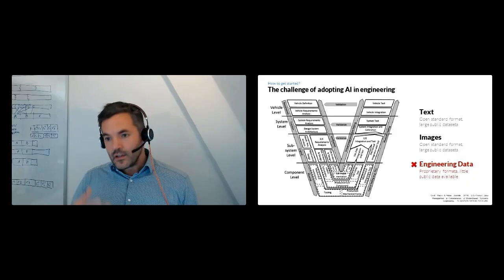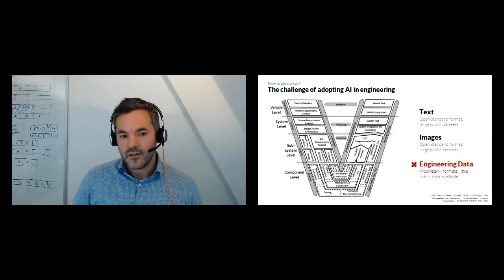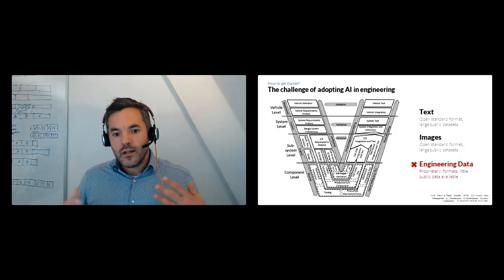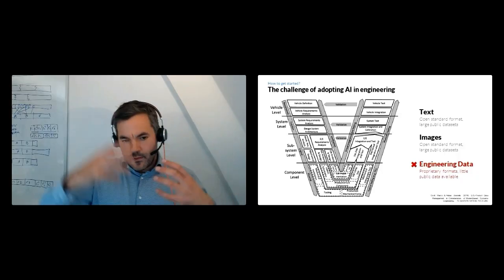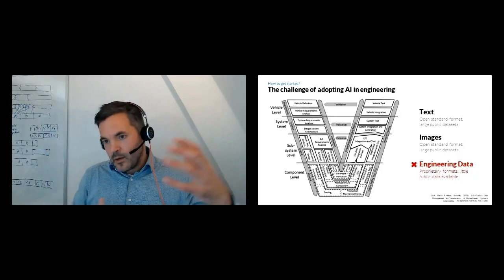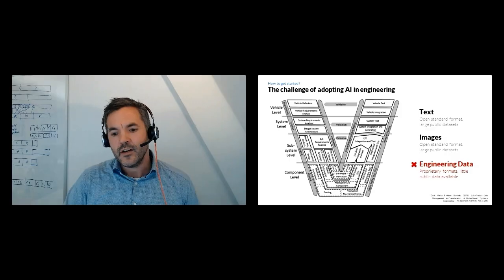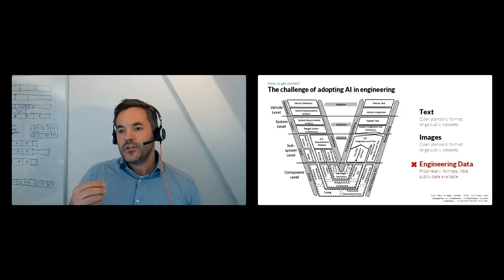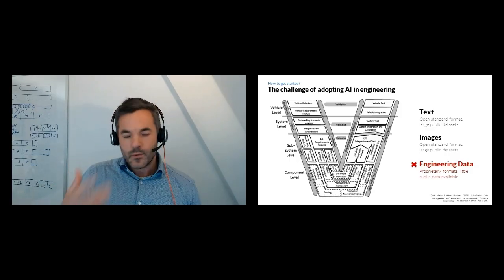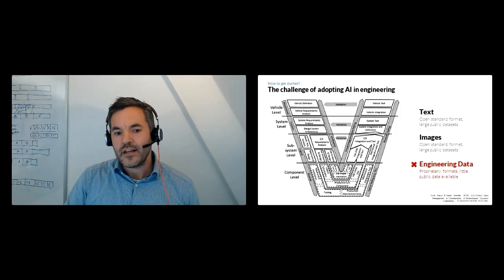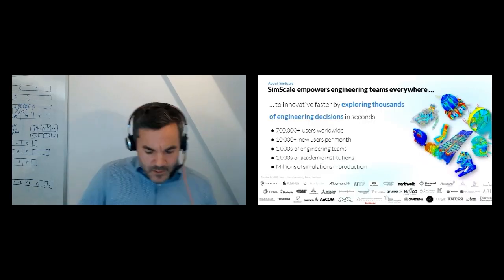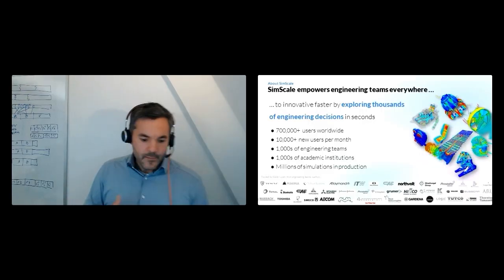And even if you have access to it, we can see the V model on the left. It's multimodal, from systems models, from 3D models over to hardware sketches, and so on. So there is lots and lots of complexity in here that is not easy to use with the methodologies the large frontier AI models have been trained on. And so that's sort of where SimScale comes into play.